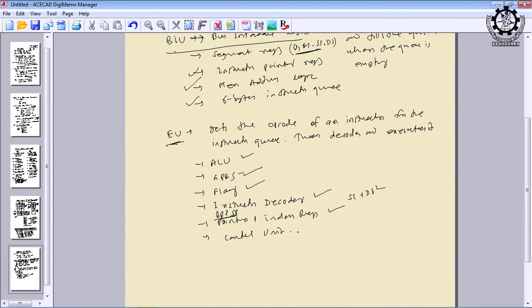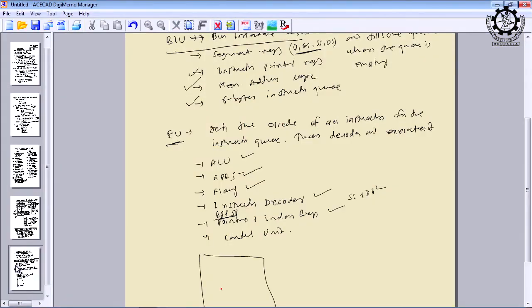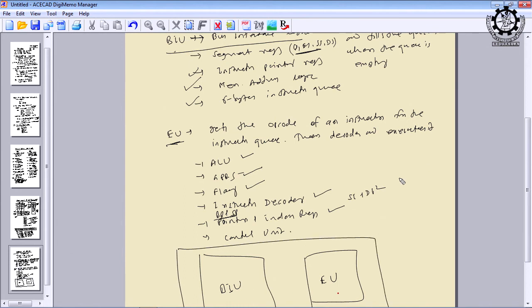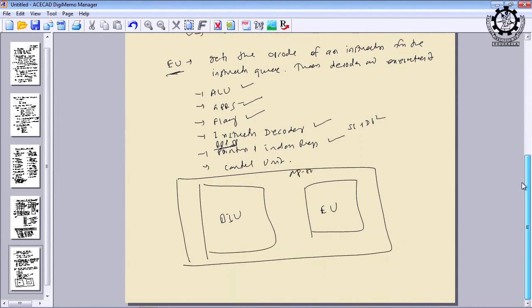So, in 8085 you can see all these are packed into a single unit, but here it is divided into 2 units. So, in one side the bus interface unit, in another side execution unit. Is it okay? And if you mix these two, bus interface unit and execution unit, so this will become microprocessor 8086. And of course, in the left side you will have 20 pins, in the other side you will have another 20 pins. Okay. So, because of this availability of 2 units, 2 operations can be performed simultaneously.